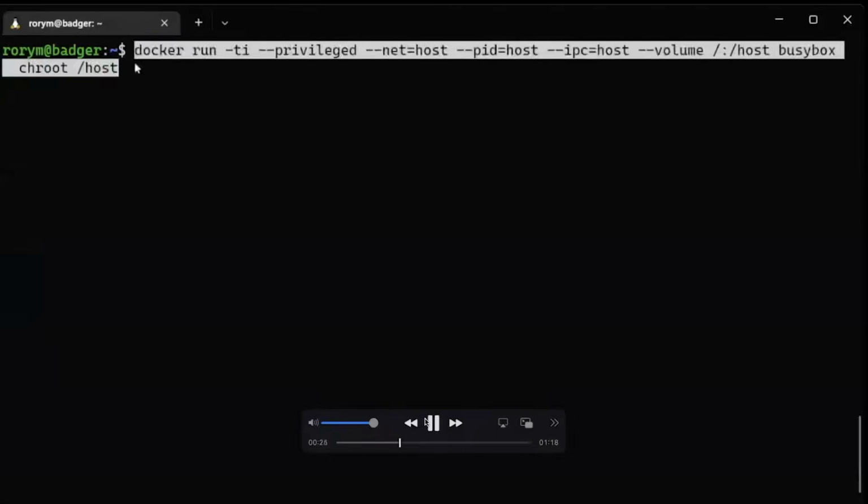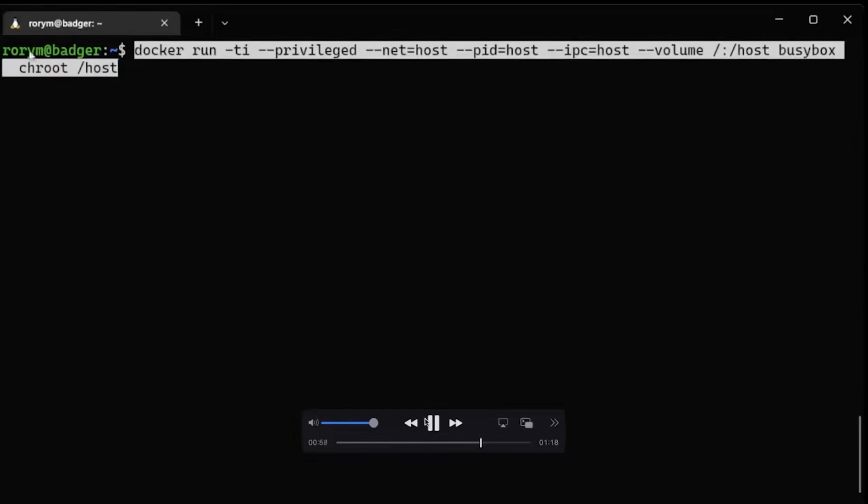So let's walk through it before we hit enter. We're going to do docker run, and we're going to get a shell inside the container that we're going to run. We're going to add the --privileged flag, which says basically make this privileged, turn off all the security. And then we're going to add these three flags here, which basically say, give us access to the host's resources: the host's PID, host net, and host IPC. We're then going to mount a volume from the root of the underlying host into /host inside the container, run the busybox image, and then use the command chroot /host.